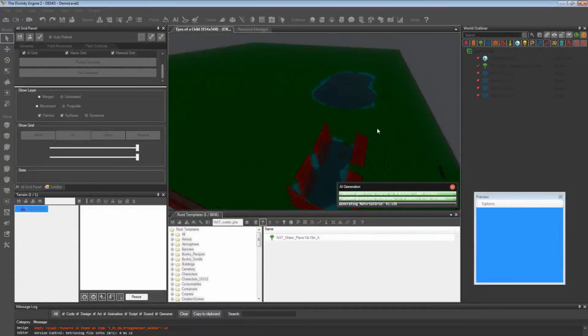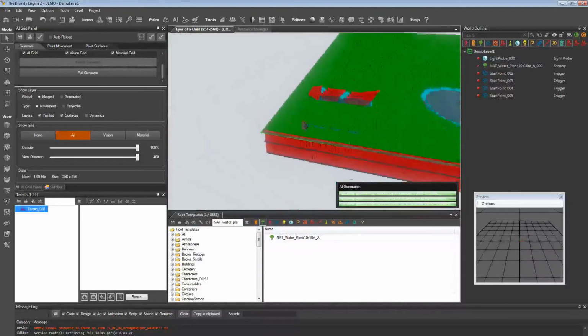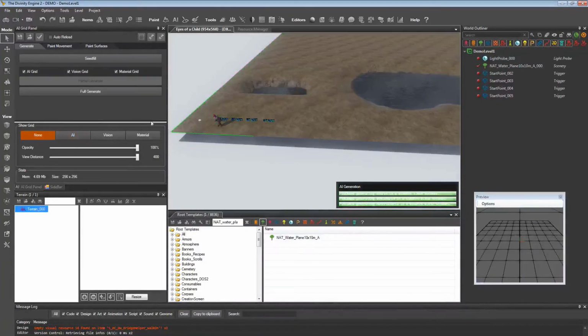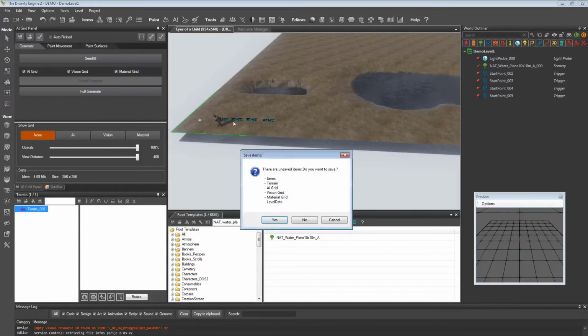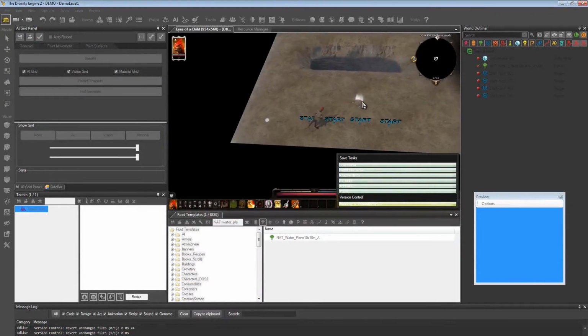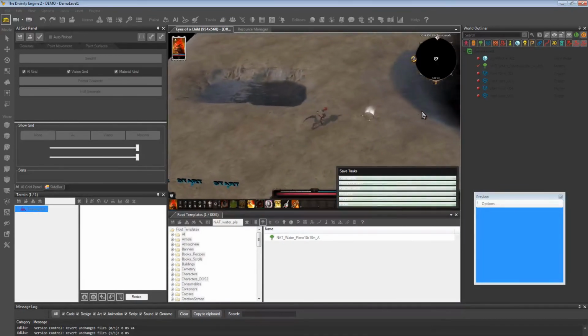What this will do is indicate to the AI all the water surfaces, and then I'm going to remove all the filters, and I think we can test our water. I'm going to save the level. We have the Red Prince here running around,